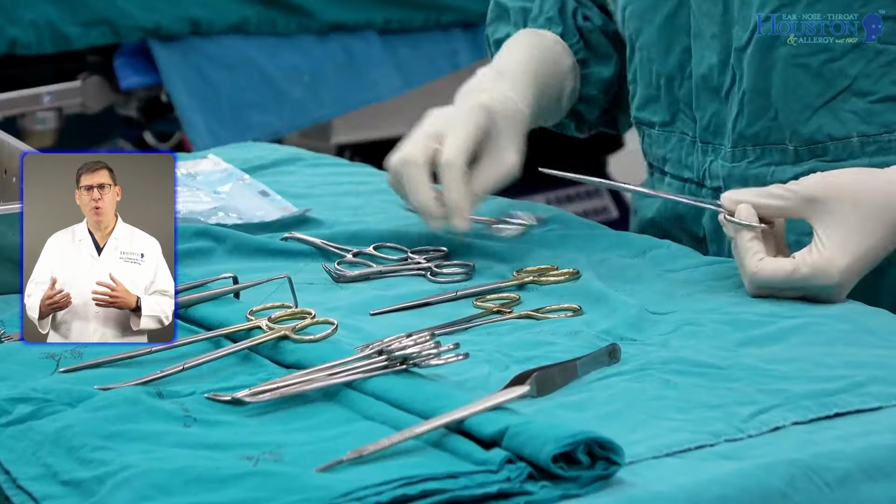After we do the CT scan, I can go over it with you in the office right then and there to show you what the sinuses look like, where they're obstructed and inflamed, what the infection looks like. If after all of this, and possibly talking about allergy testing and some lab work to check your immune system, you're not doing better, the next step would be a surgical option to open the sinuses to get them